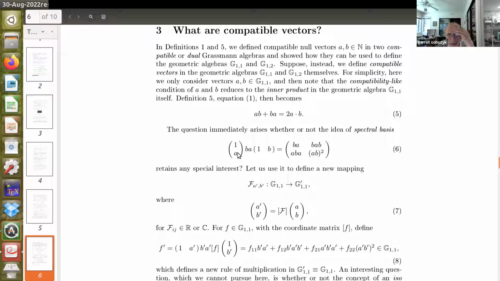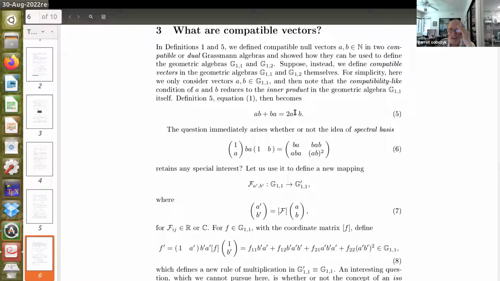But now when I multiply the second row, I get ABA, that's this element here, and I get A, and I get AB times AB. But I cannot reduce that now, because I've assumed this more general rule, that AB plus BA, instead of just equal to 1,